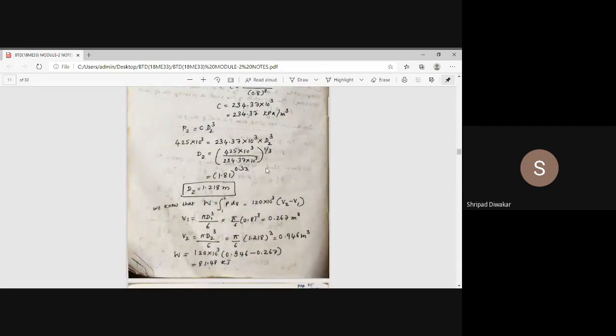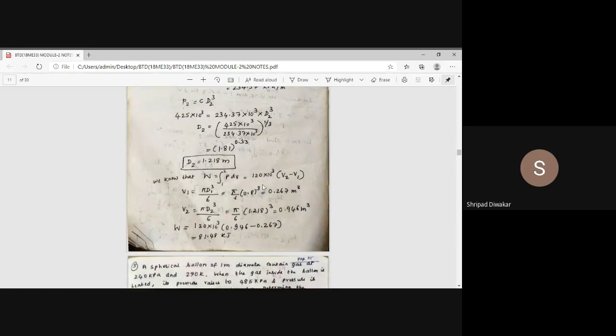As I said, for all the problems you have to remember the standard equation, and that is W equals the integration of PdV. And one more thing here, after integration, what will we get? P into V2 minus V1. So P, don't take the varied one. You have to take the initial pressure value, remember, and the change in volume, that is V2 minus V1, we have to find out. So here remember, most important concept: P into integration of dV, P into V2 minus V1.